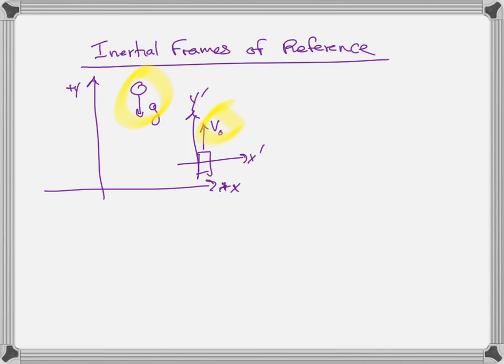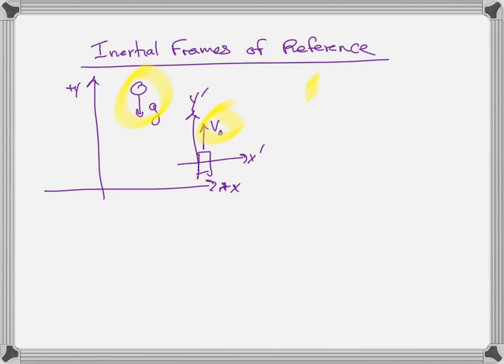And so we say, I think we talked about this before, but is there a stationary frame of reference somewhere? Is it the sun? No, the sun's moving relative to something. Is it the center of the galaxy? No, the center of the galaxy is moving relative to something. Is it the center of the universe? I don't know where the center of the universe is. I don't think anybody does. There is no such thing as a frame of reference that doesn't move at all. So we need to simply differentiate between frames of reference that move at constant velocity versus frames of reference that don't move at constant velocity. And the ones that move at constant velocity are the inertial frames of reference.